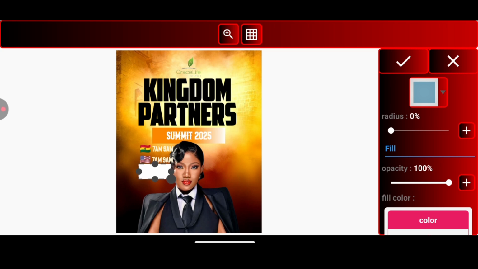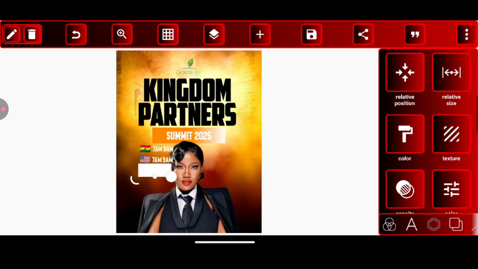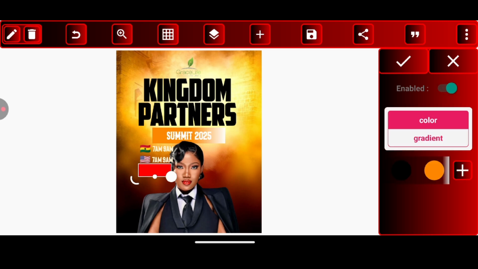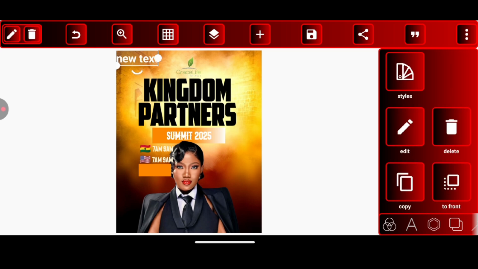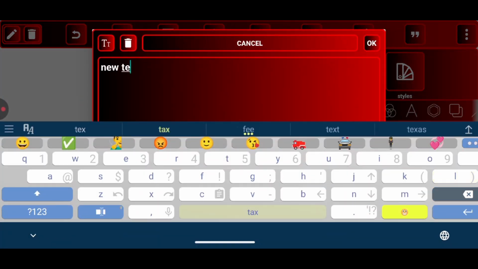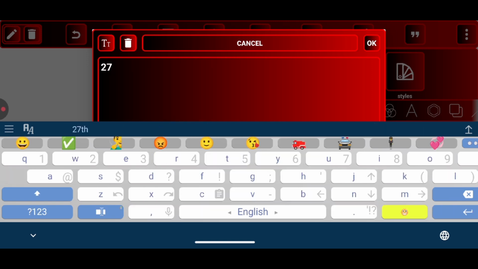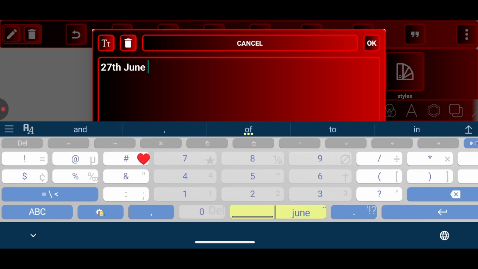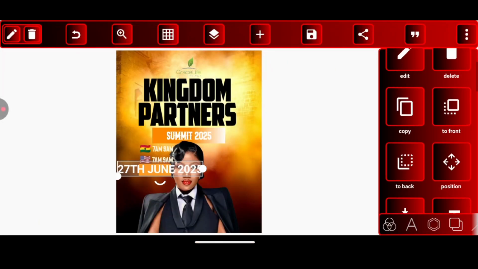So create it this way, and then position it this way. Good. Then you can change the color. Since the color was changed, position it this way, and then you write the date. So the date is maybe 27th June. So click this one and then go to text, 27th June 2025. So if it's okay, click on caps and then position it on it, and let's change